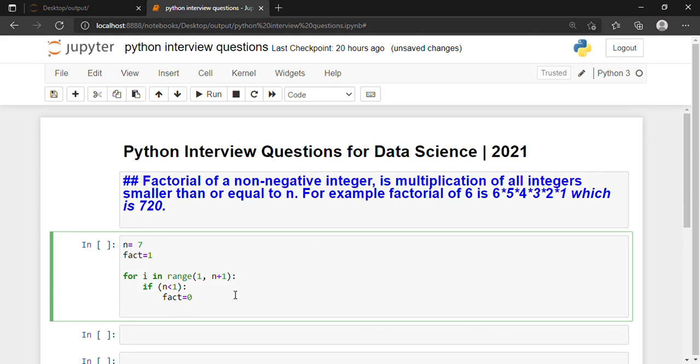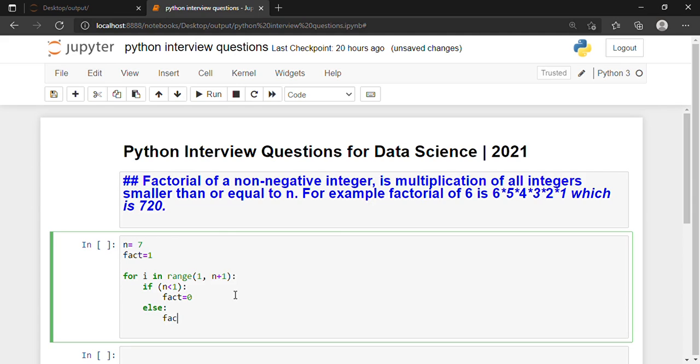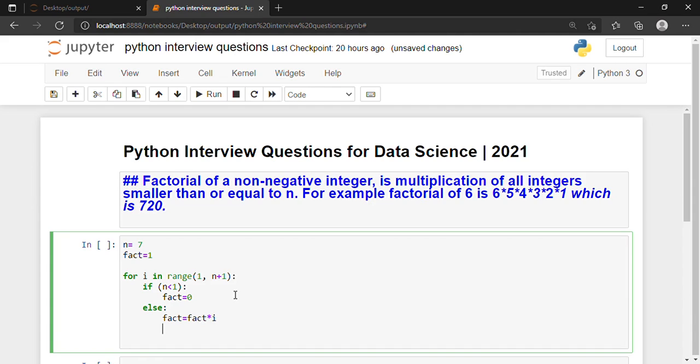Then we write the else block. Else fact will be fact into i.